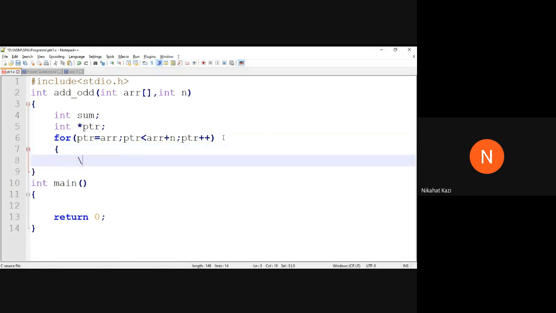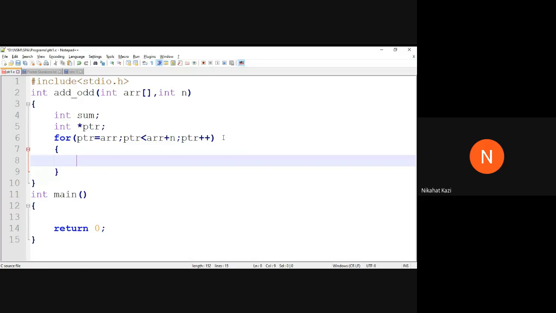So this is our expression, and we are doing a pointer plus plus. Pointer plus plus will take you one memory location ahead. It will not take you one byte ahead, but one memory location corresponding to an int, so four bytes.